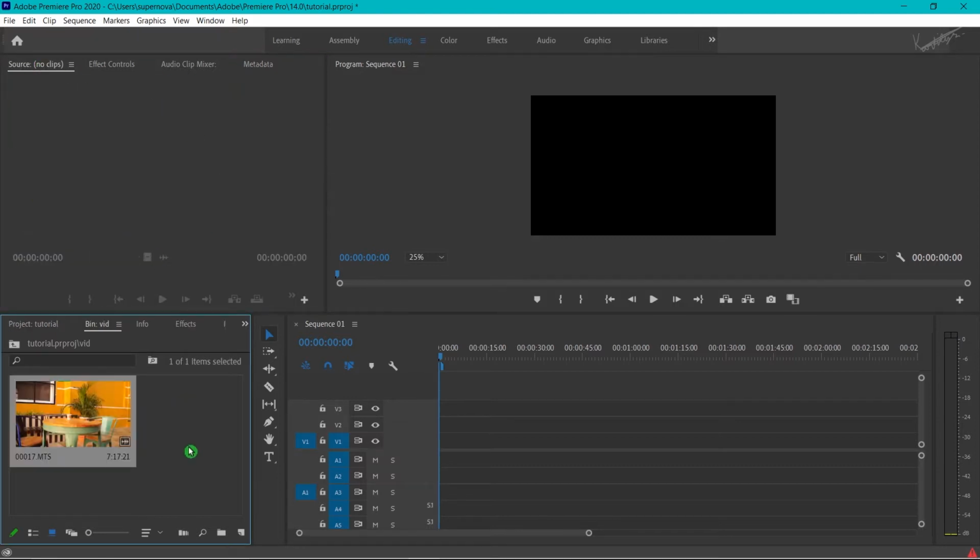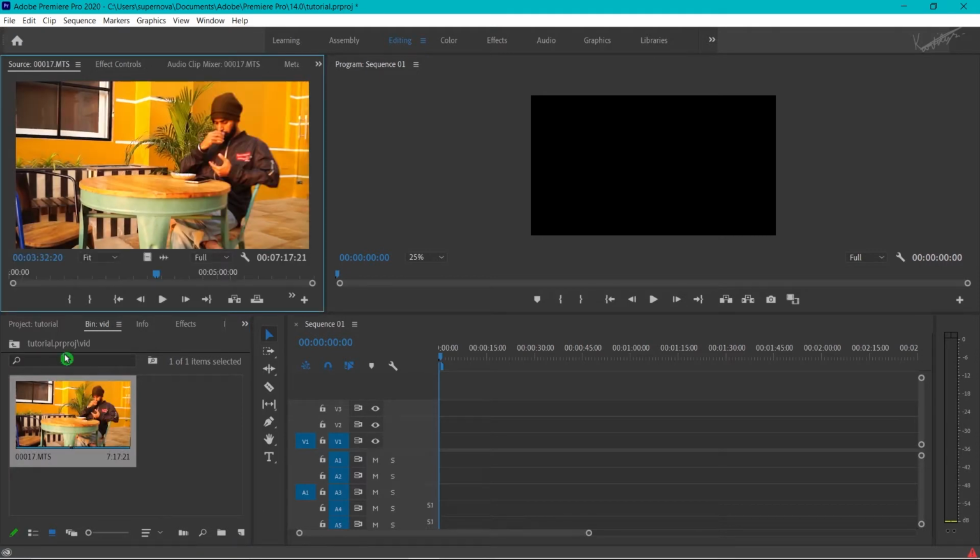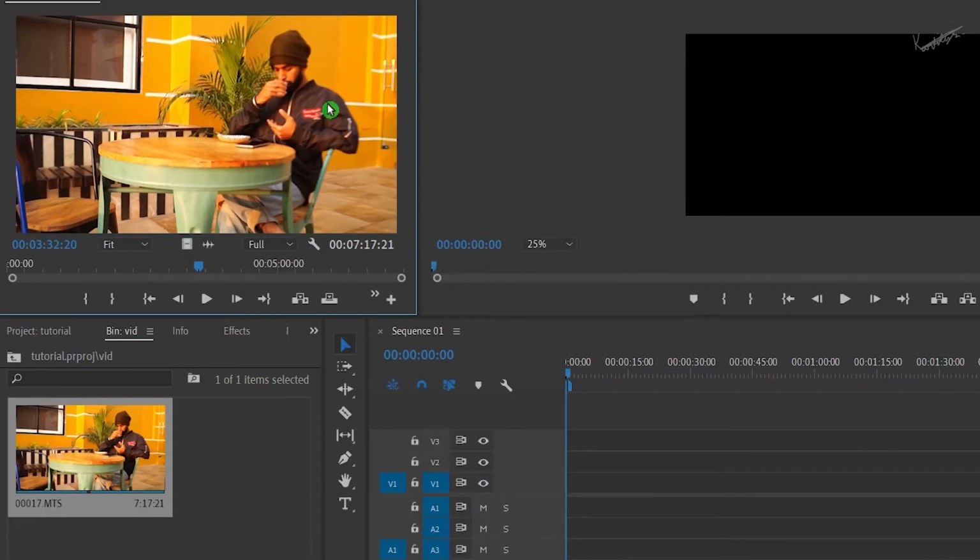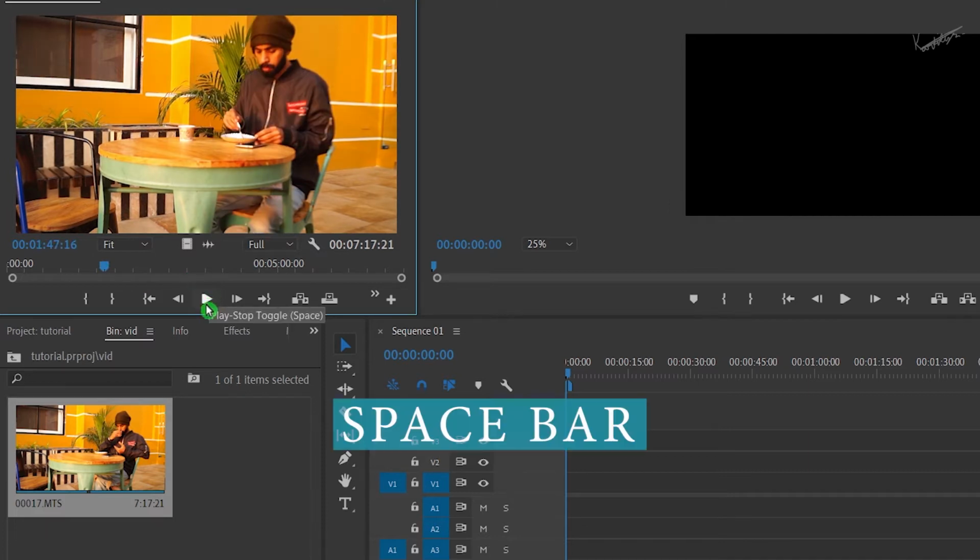This is a source window. After importing the editing data to the project window, it can be dragged to the source window or you can double-click the file to open it in the source window. The source window is used to validate the original file content. The source window has a set of playback control buttons that can be used to play the file in it. This is a play and stop button. This is used to play or stop a clip. A blue color playhead is visible in the timeline of the source window. And the shortcut for the play and stop button is spacebar on your keyboard.